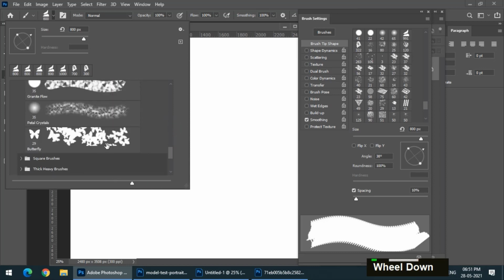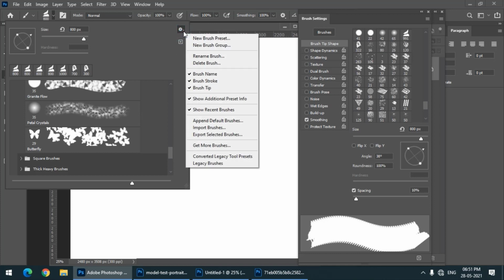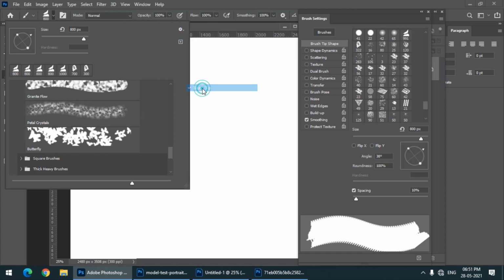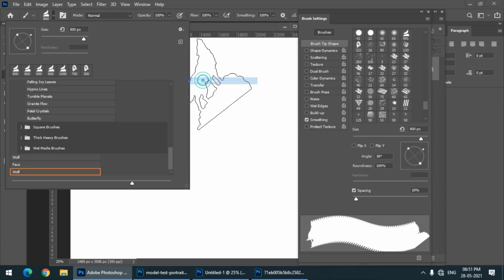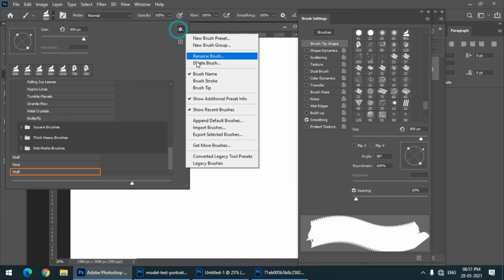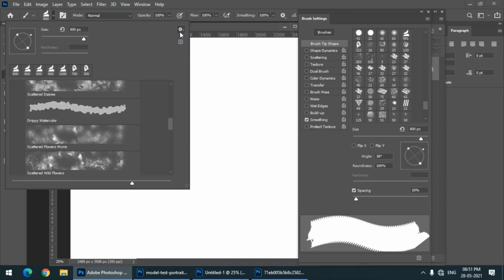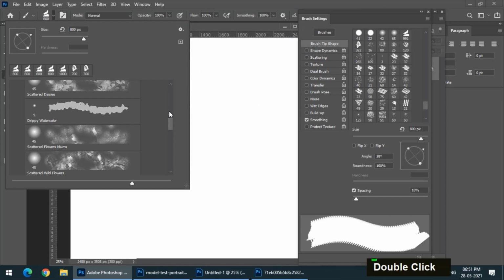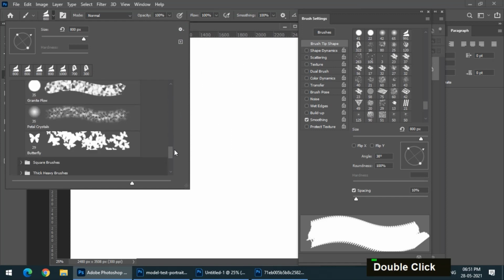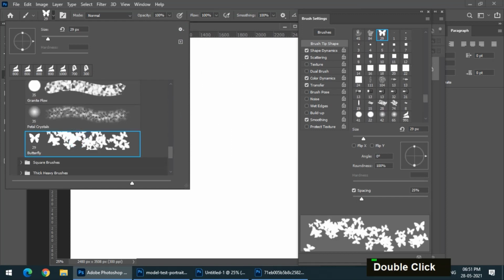If you want to turn the stroke preview options on or off, you can simply go over here, but it is recommended that you keep them on for better understanding of which brushes you are selecting.